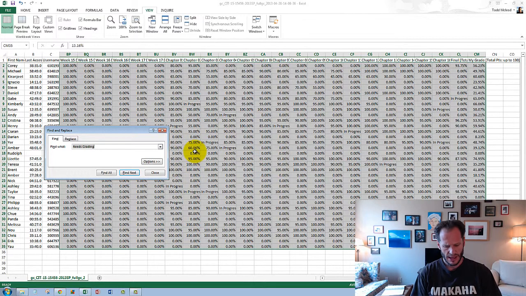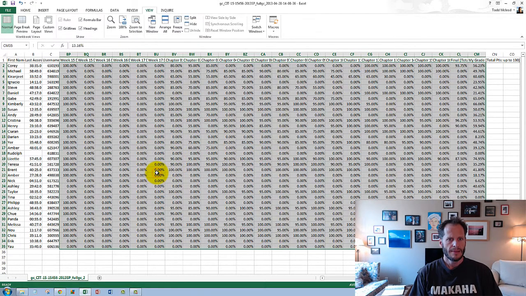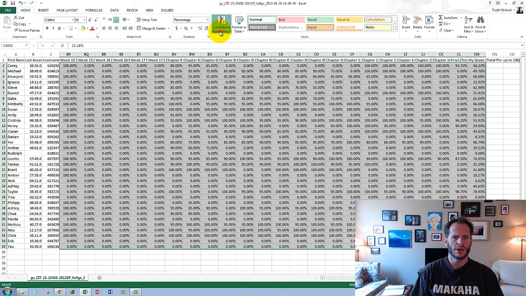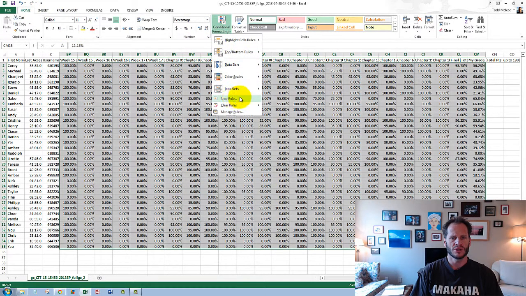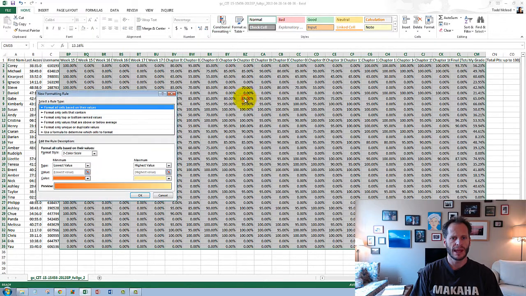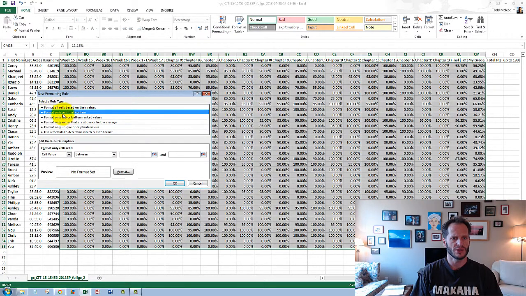Control Find in progress. And let's replace that with 0. Replace all. 18 replacements. Close. So with this entire area selected, I'm going to go to Home, go to Conditional Formatting, and choose New Rule. And I'm going to choose to format only cells that contain a cell value that is